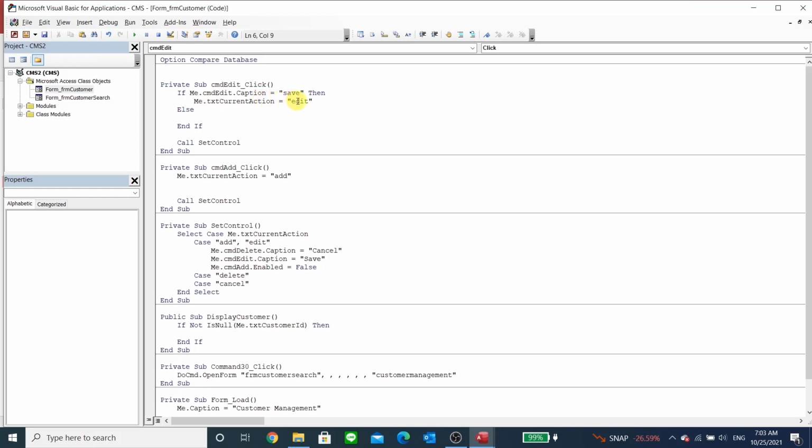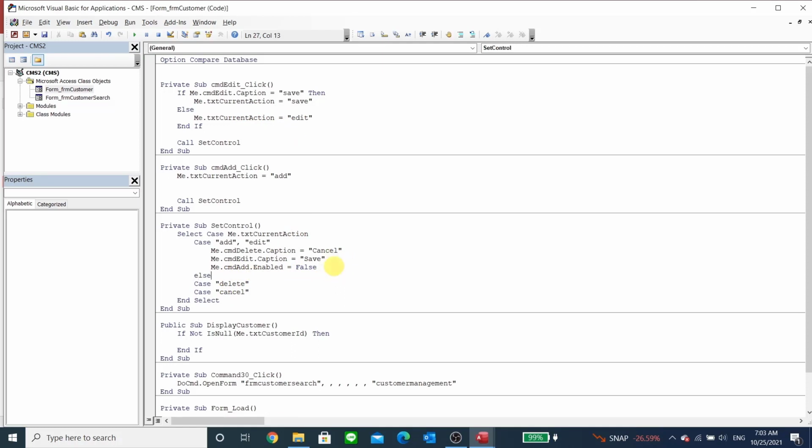Here we're going to change the option. We're going to change that to save, and change this to edit. So if the caption is save, then we want to change the current action to be save. Else it is going to be edit. So in here, then we can say